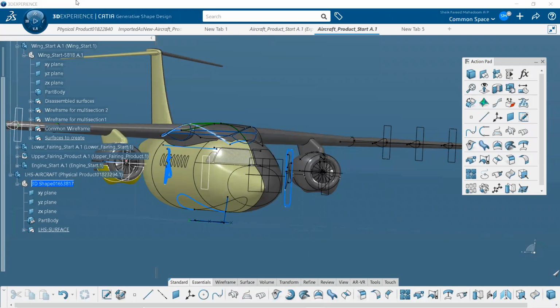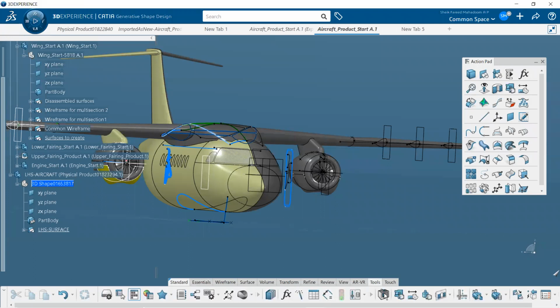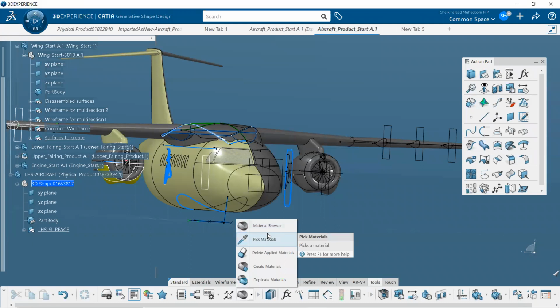Yeah, adding material is a different scenario. We have to just go to the tools, and there is a material option. You have to browse for the material, or you have to create the material, and you can apply it to the surface itself. Sure, whatever the PPTs and the practice material will be provided.